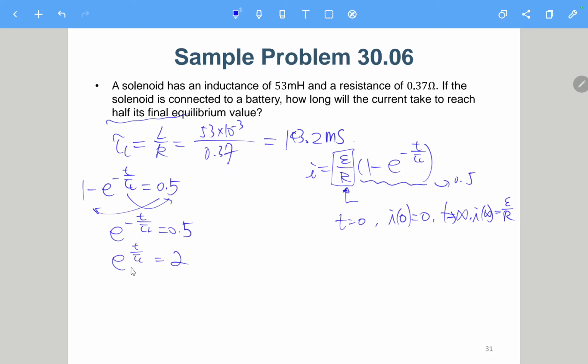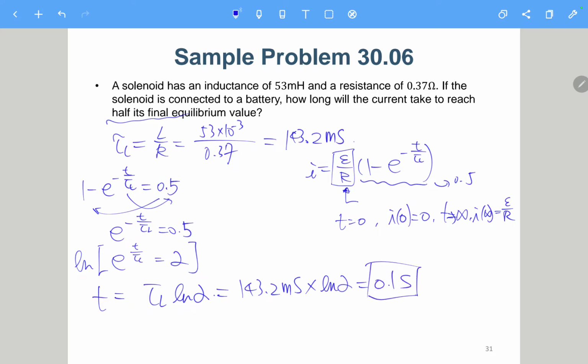Okay, and then we take the natural log on both sides. The natural log and the exponential will cancel each other. So we have t over tau L equals natural log of 2, which means t equals natural log of 2 times tau L. So it is 143.2 millisecond times natural log of 2. So this is like 0.1 second. Like this. So this is not really difficult, as long as you know what the so-called half of its final